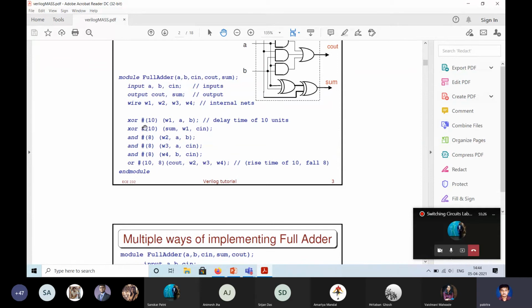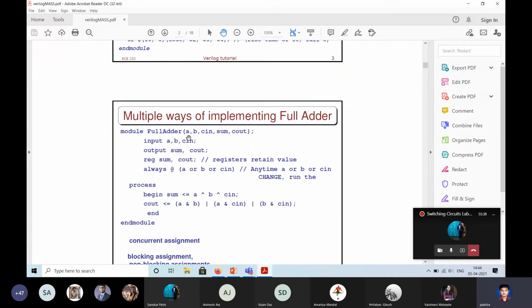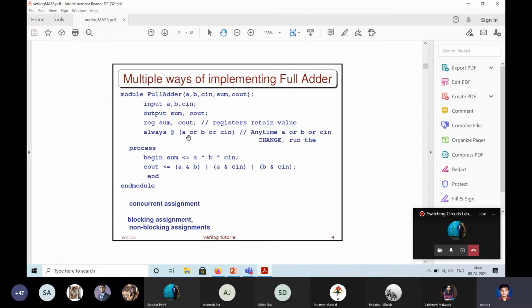This XOR gate has a delay of 10. When you actually synthesize, this XOR gate may not have a delay of 10. It may have something else. Here we have forced it to have a delay of 10. There can be other ways also. Let me tell what the other way is.